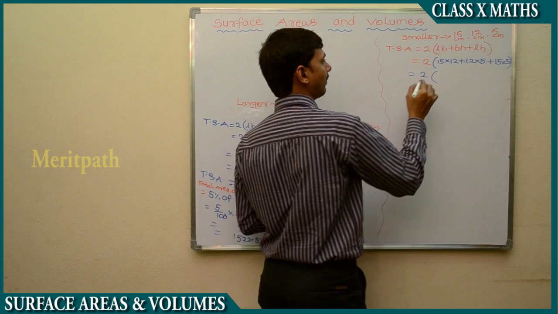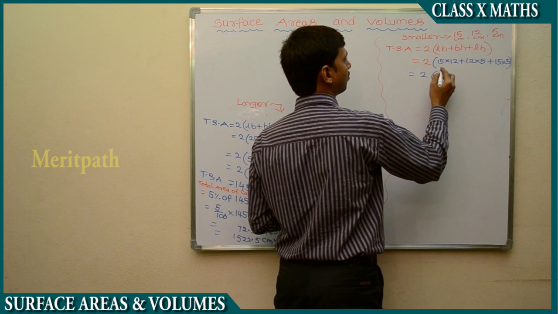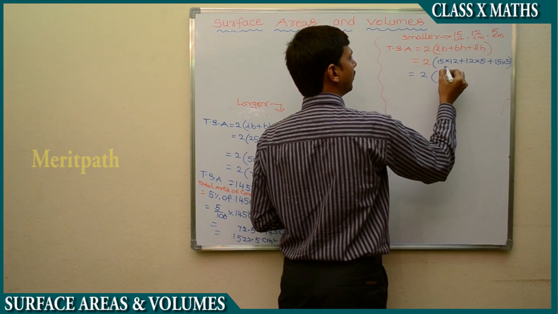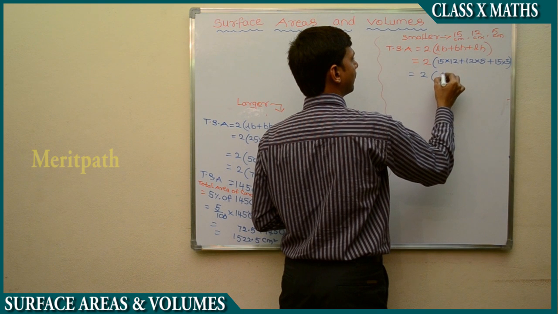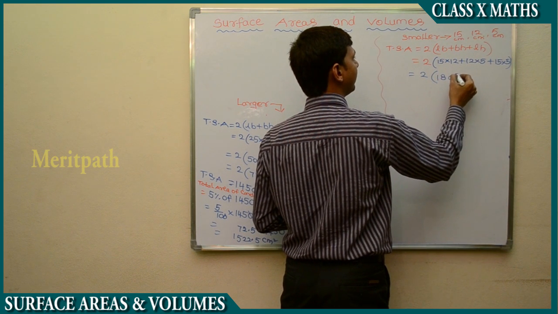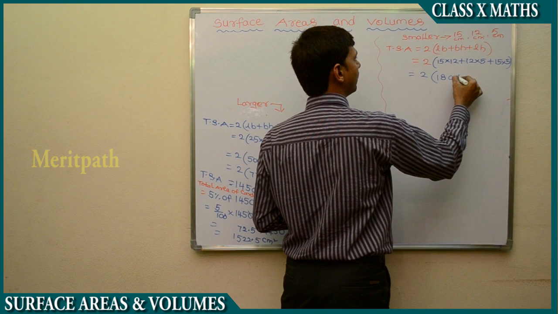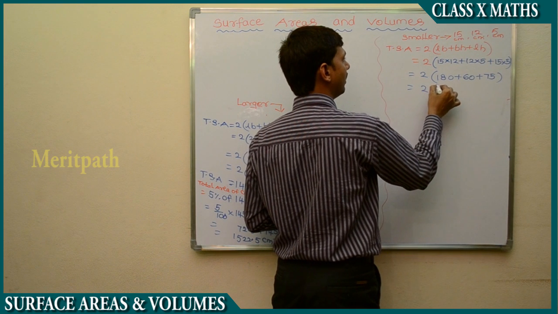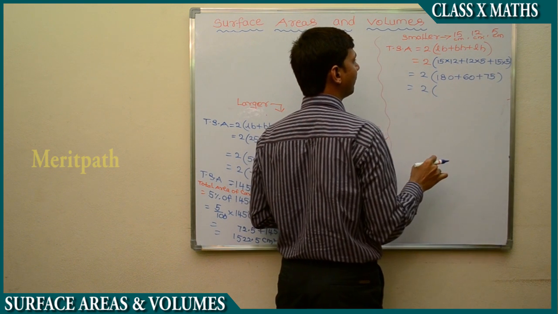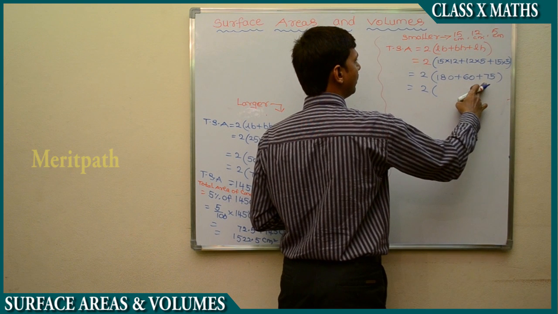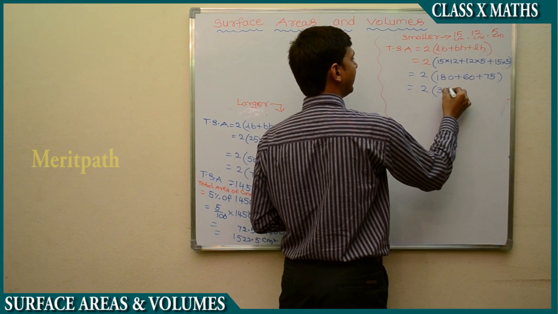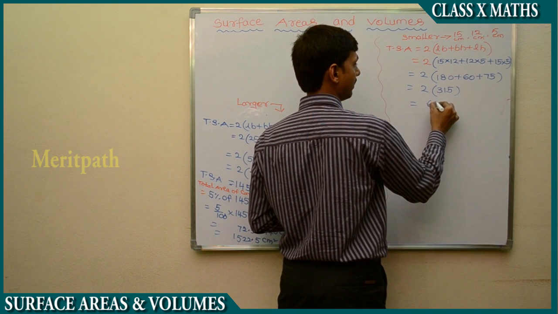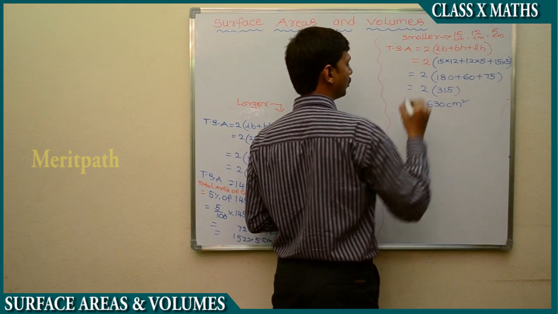So here we get 60, 180, and 75. When we add all these numbers, we get 315 and then 2 into 315, that is 630 centimeters square. So the total surface area of this